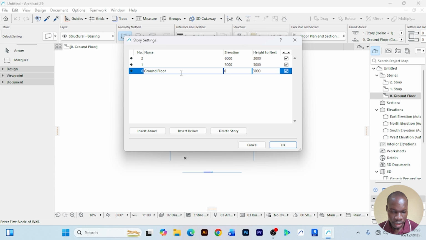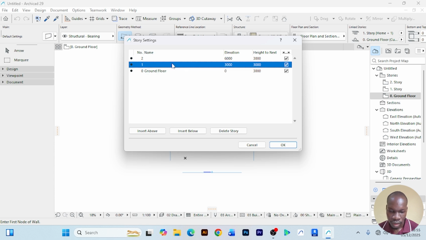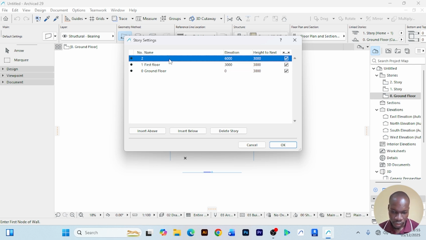For example, they have already given us the ground floor by default. I'll leave it at that. Up here you can say first floor. Yes, like that. You can just go to the next. You can say second floor,